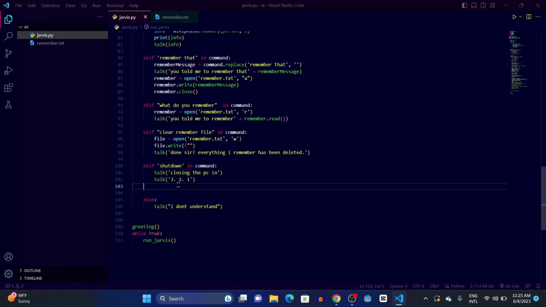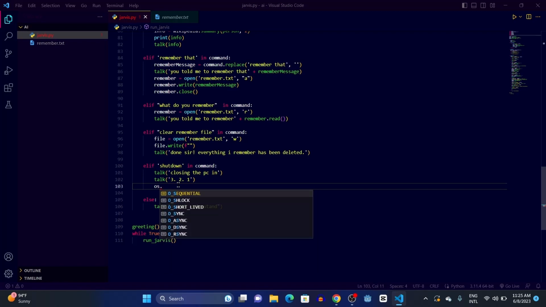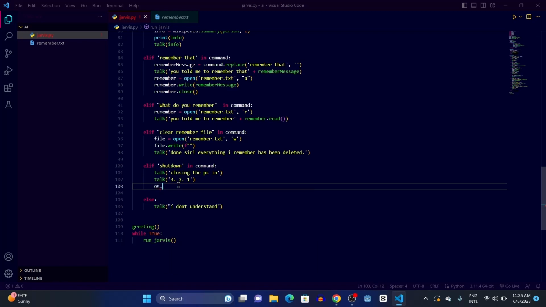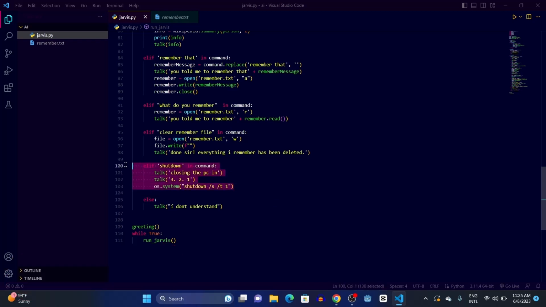And then what we're going to do is os.system, and inside the parameter we will write shutdown, and we will give a space and write here /s /t 1. Okay, so while running this command it will shut down our computer. Okay, so let me copy this command